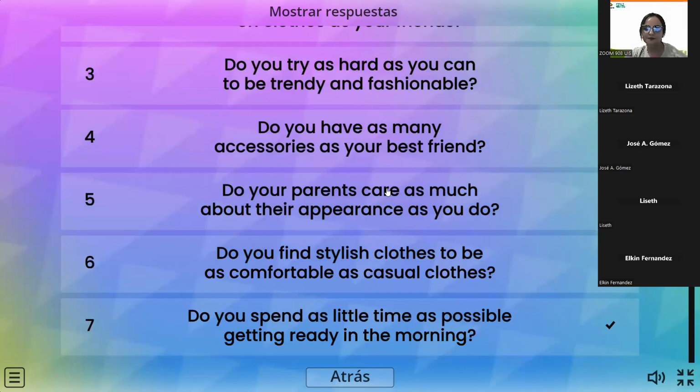Verb, that is care, as much, and the combination, so this one, as much as. Do not worry about having this long part because you need it for describing this. As much as, but what? As much as about their appearance as you do. So here we have verb, the combination as, and then the person and another verb. That's for the second pattern you guys studied. Okay, questions? Any other question? Julian.